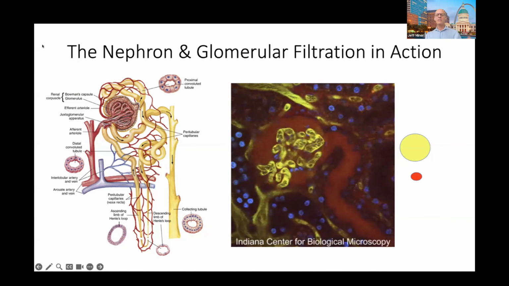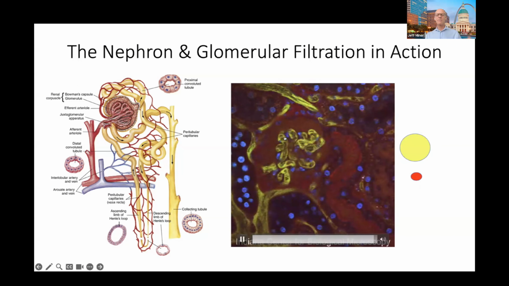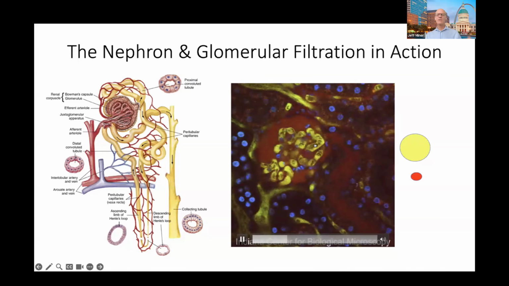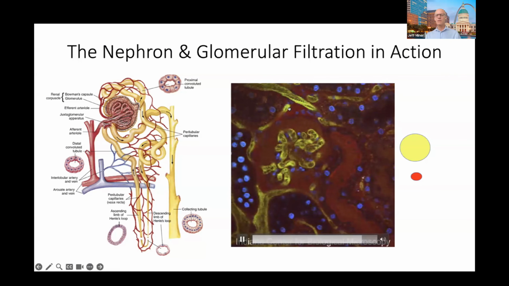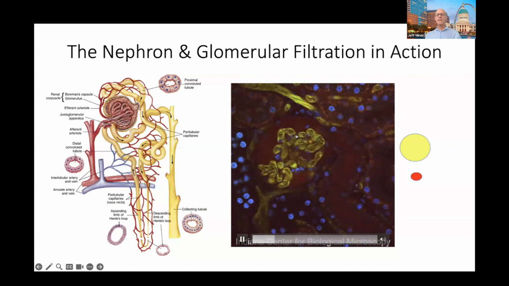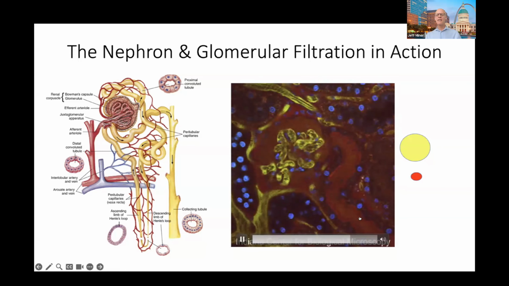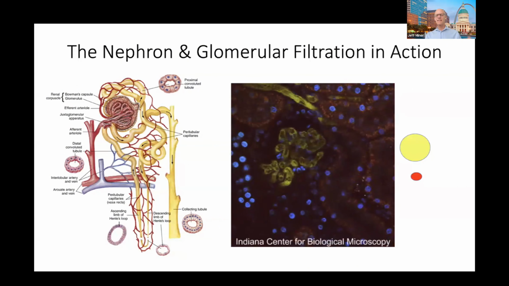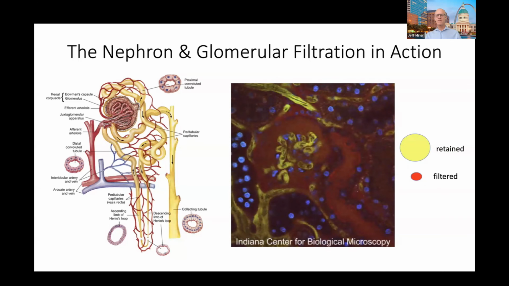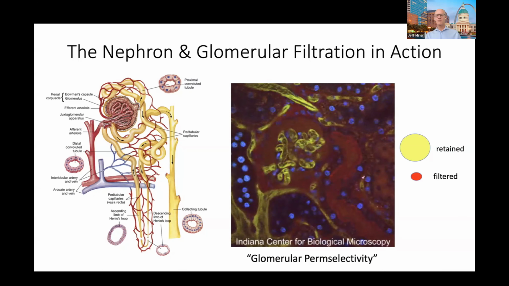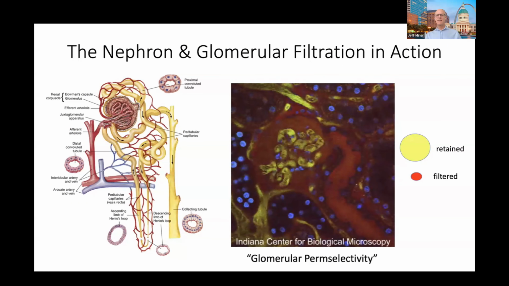As you watch the movie, you can see that immediately the glomerular capillaries become visible. The dark spots are red blood cells that don't fluoresce, but you're seeing the yellow fluorescence in the glomerular capillaries as well as in the intertubular capillaries. And rather quickly, the red dye enters Bowman space and then goes down the tubule. That's because the yellow dye is maintained in the vasculature because it's larger, and the red one is filtered easily because it's smaller. This demonstrates glomerular perm selectivity. This perm selectivity is diminished in